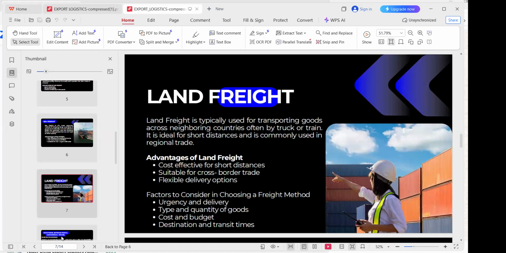Factors to consider in choosing a freight method: one, you look at the urgency of delivery. If you need your goods to get to the destination very urgently, I think the best transportation to use is the air freight, because it gets to your destination very quickly. Two, we look at the type and quantity of goods you want to ship. If you want to ship a larger quantity of goods, I think the best transport to use